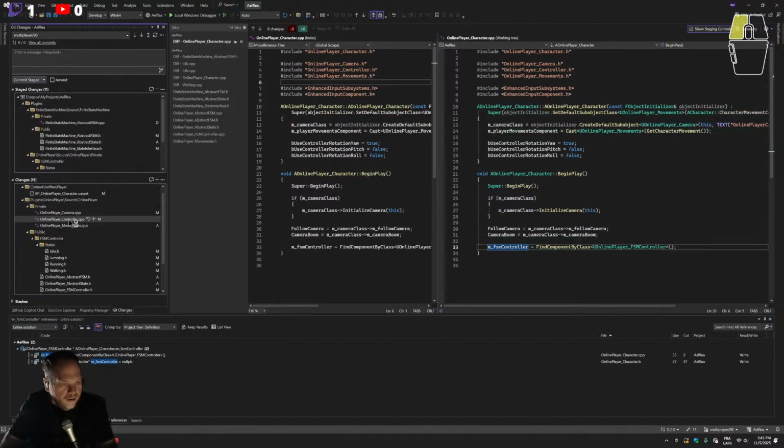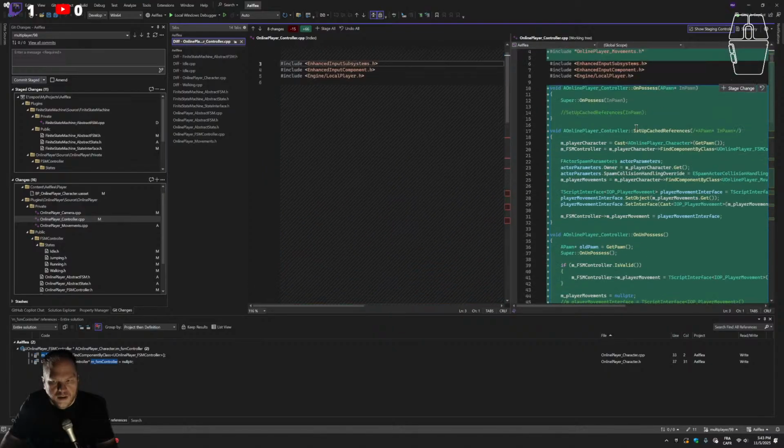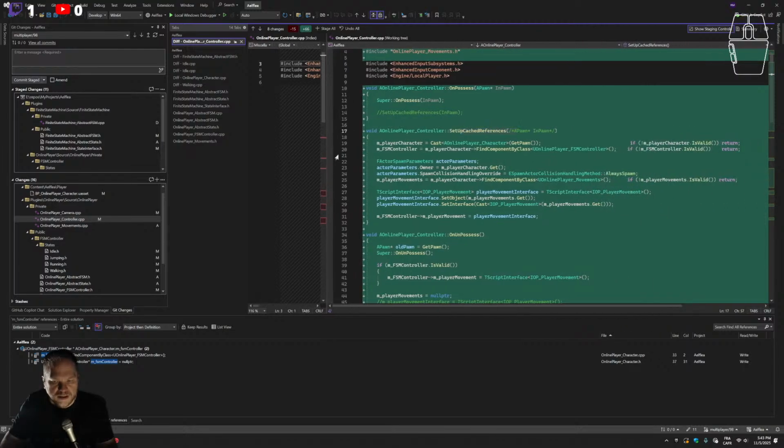Controller. My big controller. So I added the setup of the references. The thing is that